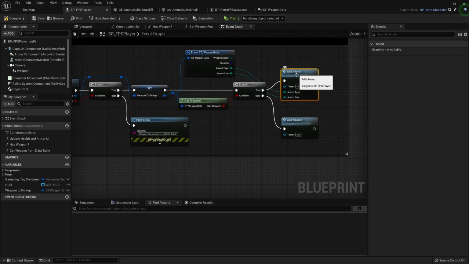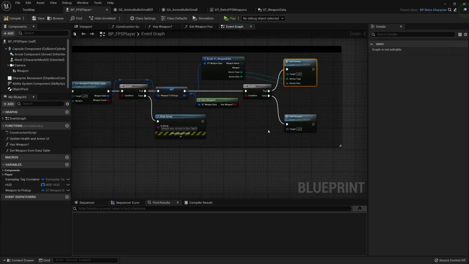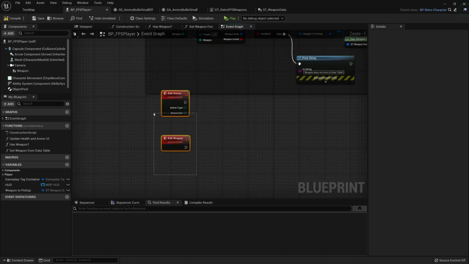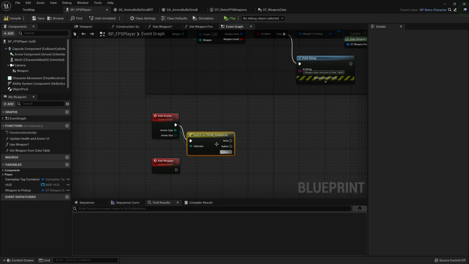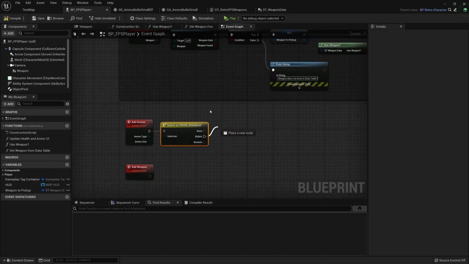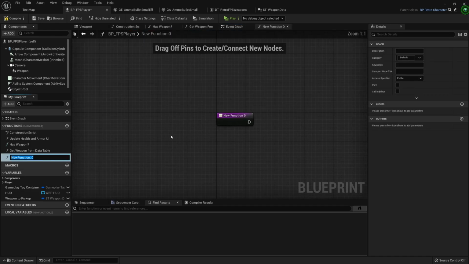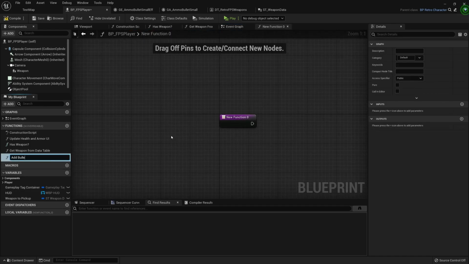So now that that is being fired with the correct information, we can figure out what add ammo is going to do. And what we'll be doing first is doing a switch on enum ammo list to determine which one it is. And then if it's bullets, we'll create a function here called add bullets.